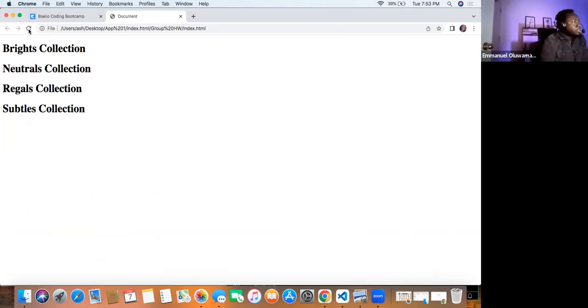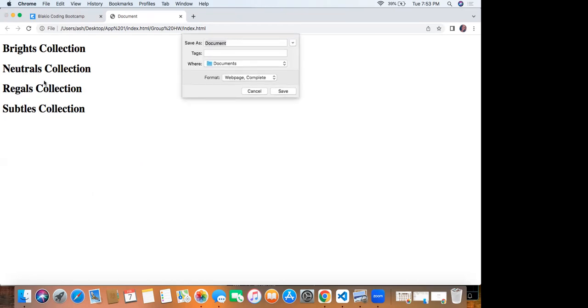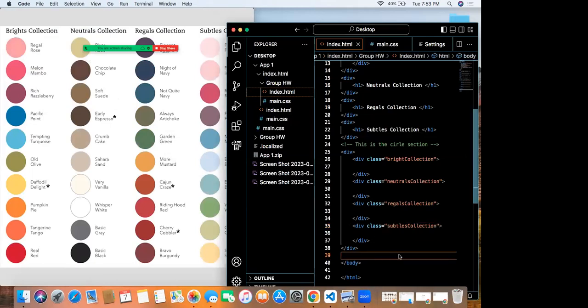You know why? Those divs don't have properties at all. Wait a second, my computer's doing what it wants to do. Saved. We have all of these. So yes, we're going back to Bright's collection.